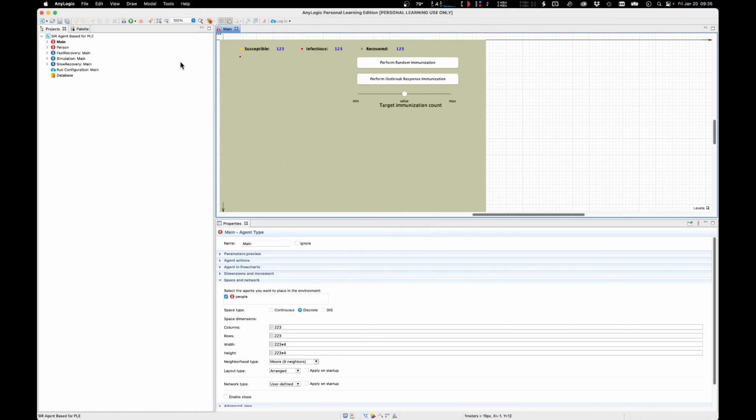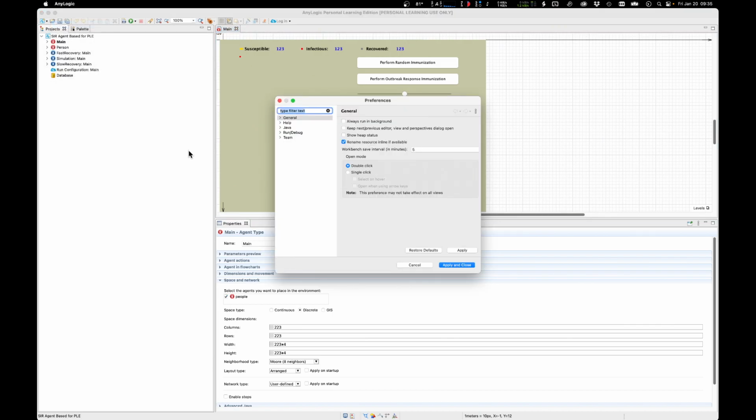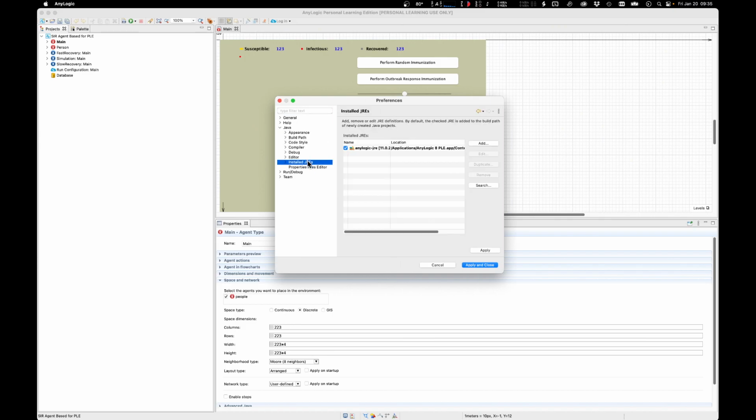And finally, if I go back to AnyLogic, if you go to the AnyLogic menu and Settings, we can go to Java, Installed JREs. Right now it defaults to the AnyLogic built-in JRE, which is Intel optimized. I'm going to go to Add